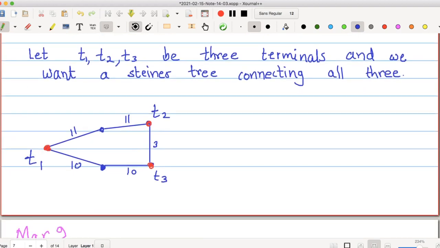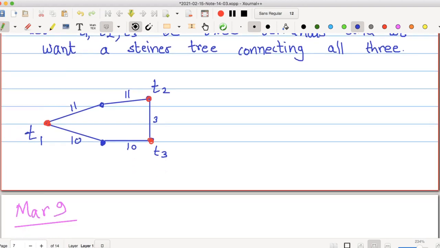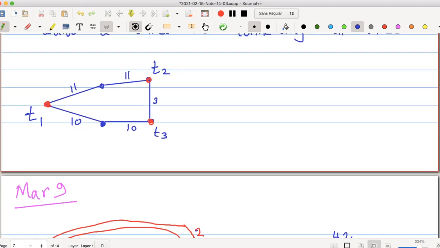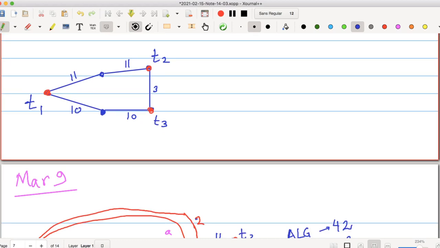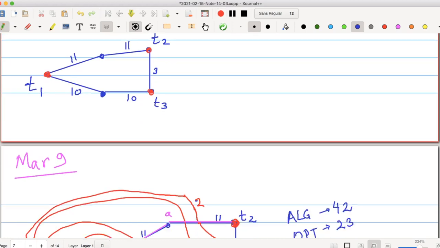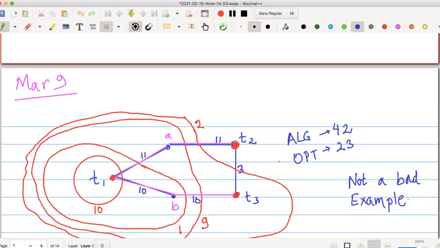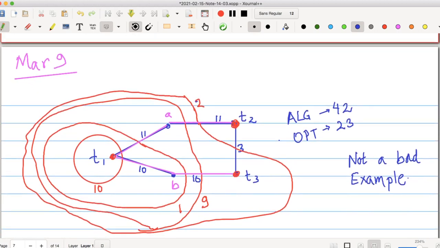Again we followed a similar strategy. We fixed one terminal T1, and then we said we will keep choosing sets which include T1, exclude T2 and T3, and they are inclusion-wise minimal. And then we moved forward with this strategy, and this was the example.